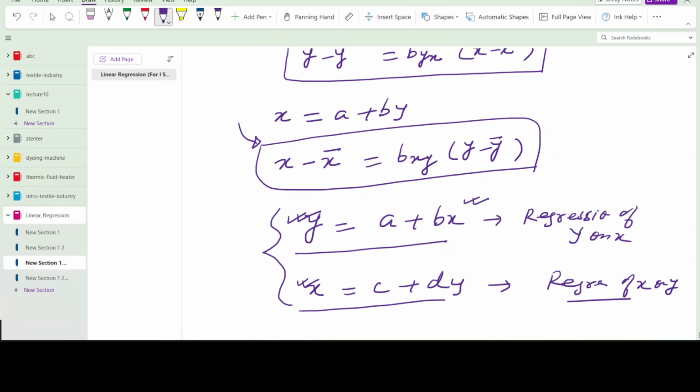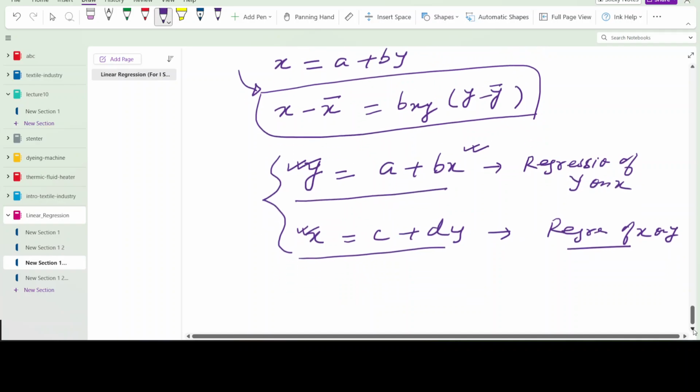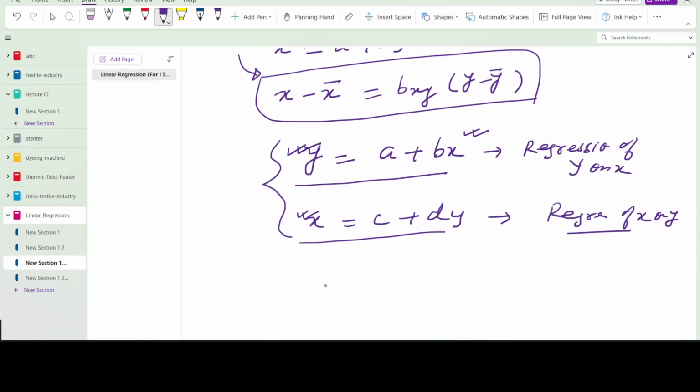We will solve numerical problems in the next lecture. Till then,